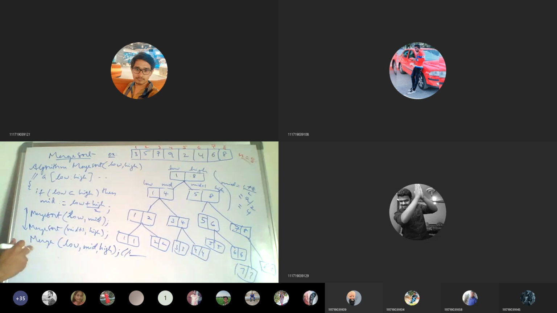Okay, so this is the algorithm for merge sort. Is this clear? However, we are dividing the main problem into sub-problems. The same thing we are writing here. This is the left sublist and this is the right sublist. And finally, whatever we get here, those things have to be merged. Okay, so let's see the merging for this.